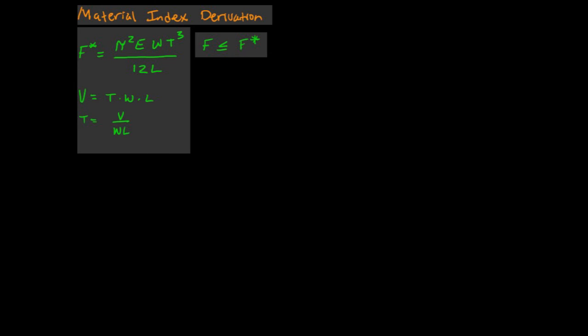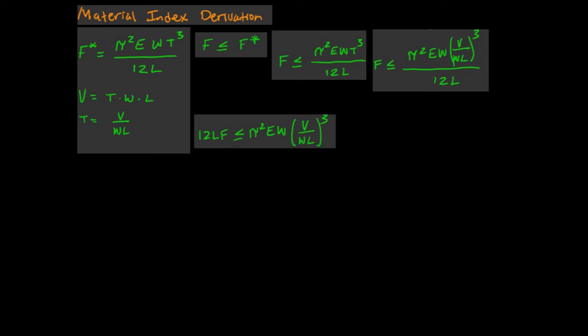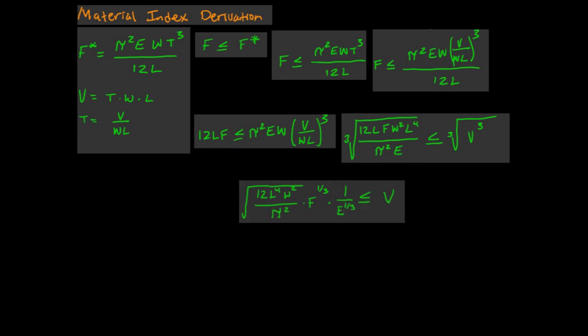We have the equation for F critical. We replace it, and then we replace the value for T with V over the width times the length. Then we rearrange the equation, simplify, and our objective here is to get V by itself. So here we end up getting V by itself, but it's cubed. So we'll take the cube root of both sides, and we end up with our performance equation,